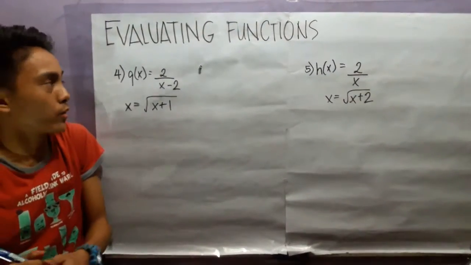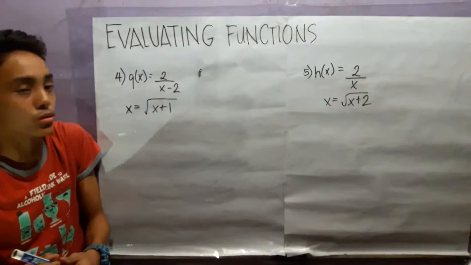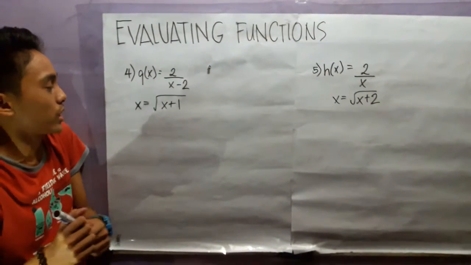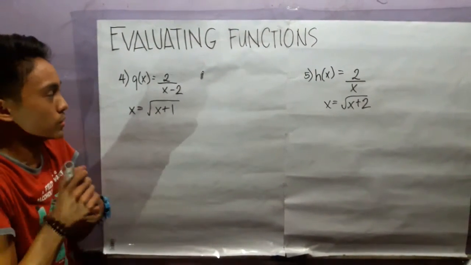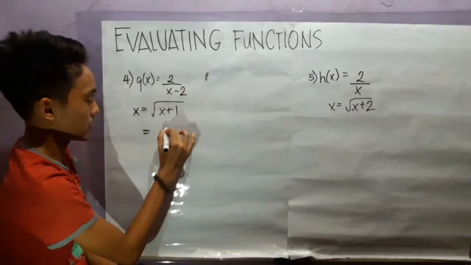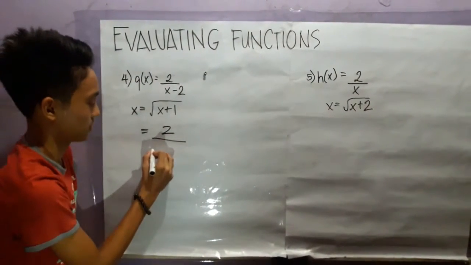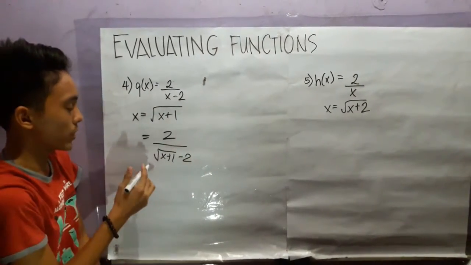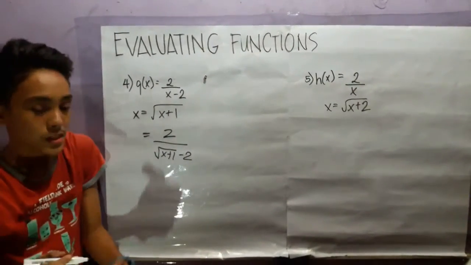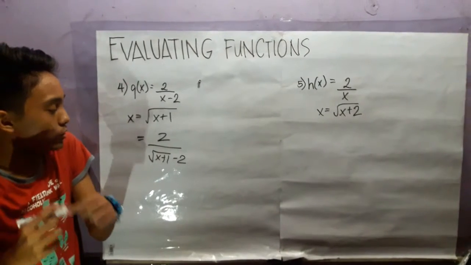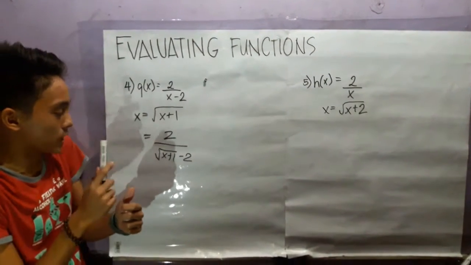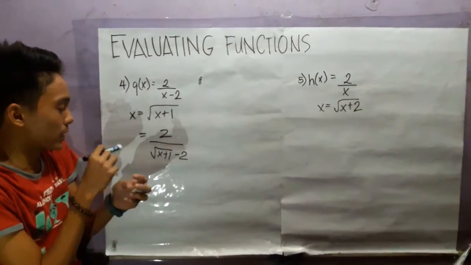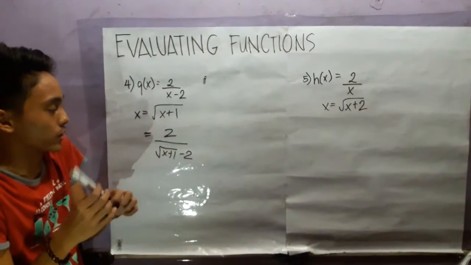Let's move on to number 4, which is q of x is equals to 2 over x minus 2, and the value of x is square root of x plus 1. Now we're gonna write it first. So we have here 2 over square root of x plus 1 minus 2. In rules of math, bawal daw po magkaroon ng number na mayroong radical sign sa denominator. So we're